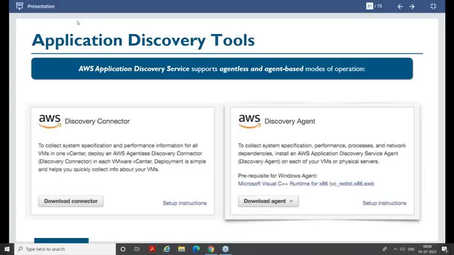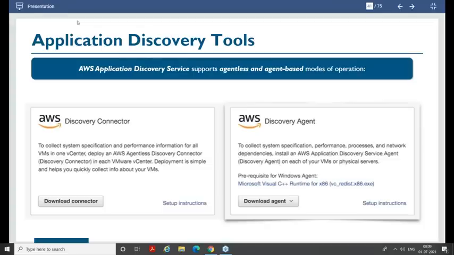When I talk about agentless, it is mainly for your VMware vCenter and similar environments where you have hundreds of servers running. You already have a good enough understanding of your servers, but you want to understand the overall behavior.